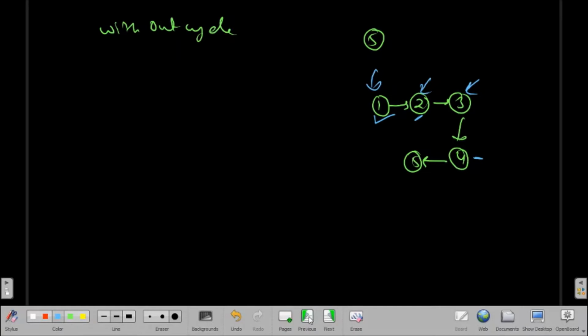Let's add one more node here, course 3. Now what does this graph represent? For completing course 1 I again have 0 prerequisites.